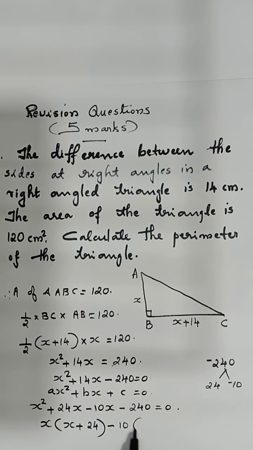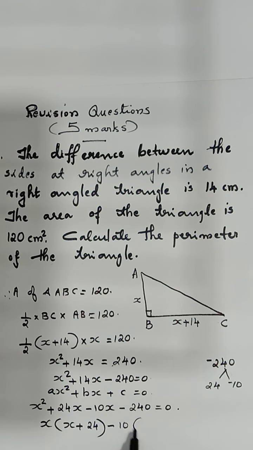Let us write the step as perimeter equal to sum of the three sides. Perimeter of triangle ABC equal to AB plus BC plus AC. That's equal to 10 plus BC is 24, AC is 26. So many centimeter. Write the unit also. Perimeter is actually the total length, so the unit is centimeter. So what is the sum of this? 24 plus 26 plus 10.